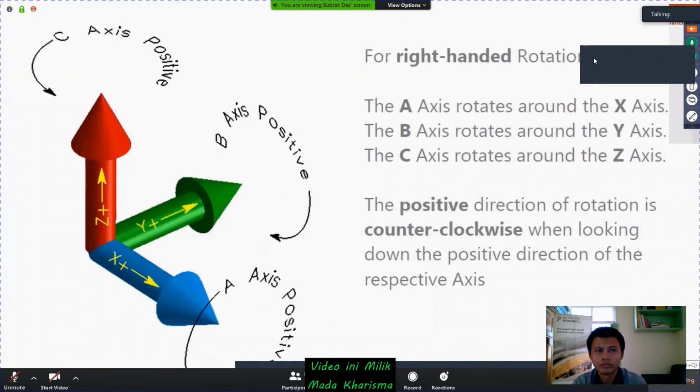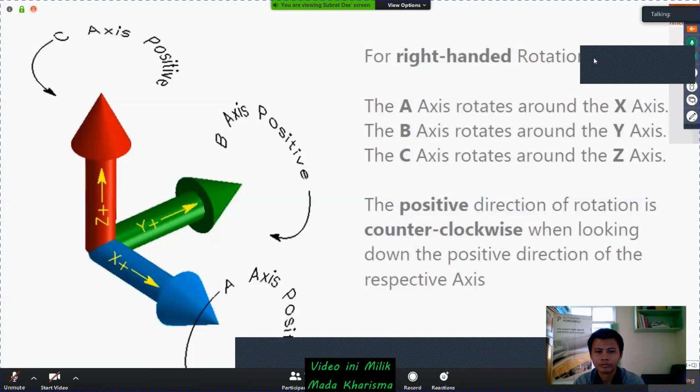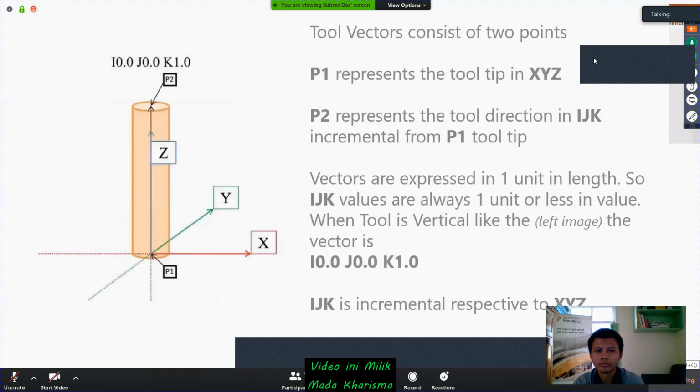You can see the positive direction from the way you are looking. If you are looking towards the x-axis, it will be counterclockwise. But if you see from the origin along the x-axis, the rotation is negative if it is clockwise. So that is the basic of any 5-axis concept. Let's move in depth with that.